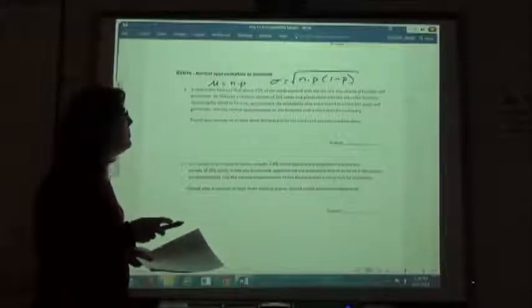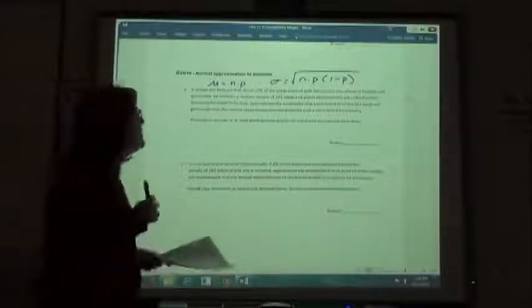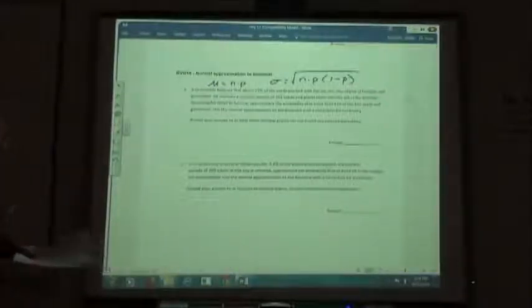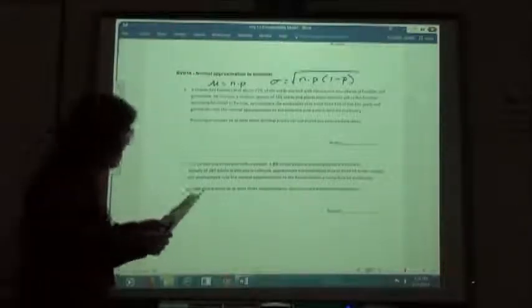So, it says here, a researcher believes that about 71% of the seeds planted with the aid of a new chemical fertilizer will germinate. He chooses a random sample of 165 seeds and plants them with the aid of the fertilizer. Assuming his belief to be true, approximate the probability that more than 116 of the 165 seeds will germinate. Use the normal approximation to the binomial with a correction for continuity. That's what that table is for, the correction. You either have to add 0.5 or subtract 0.5, depending on if it's a greater or a less or whatever's in the table there. First thing we're going to do is find our mean